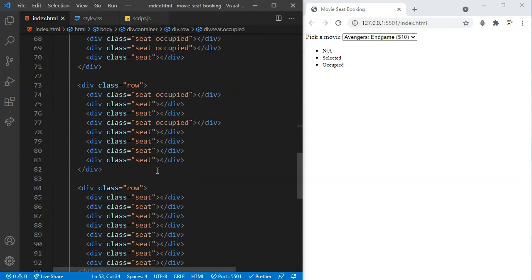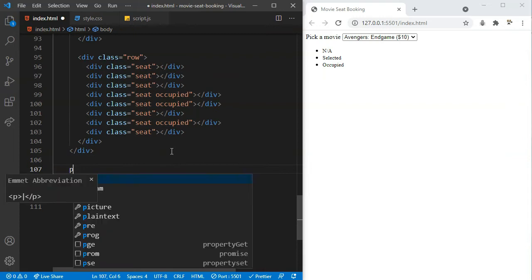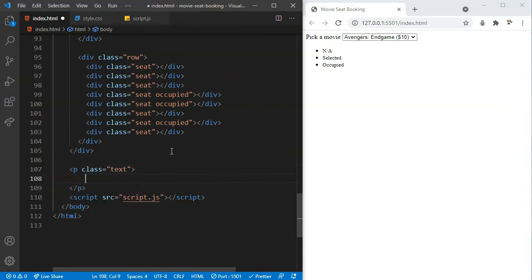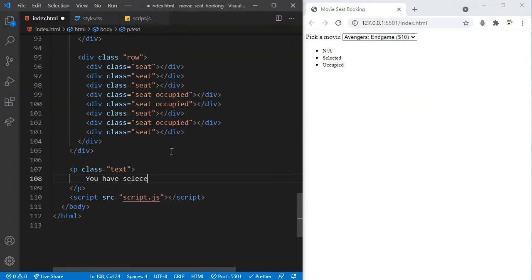Now after these rows or seats, we are going to have a paragraph tag with the class name of text, which is going to say you have selected, which is going to have a span tag with the ID of count, which is going to keep track of the amount of seats we selected. So initially it's going to be 0,